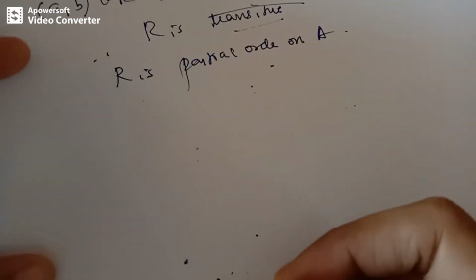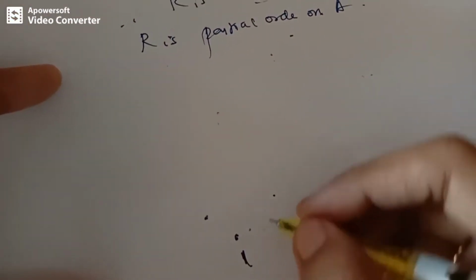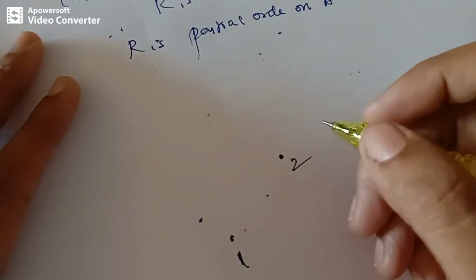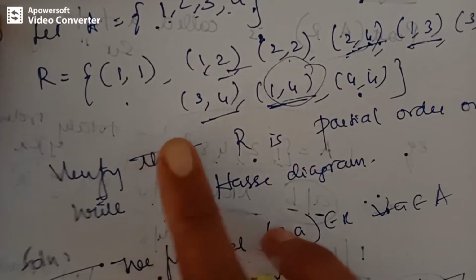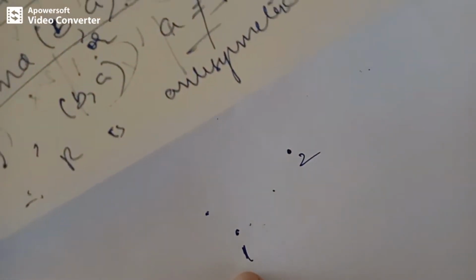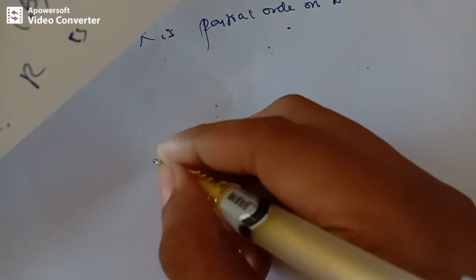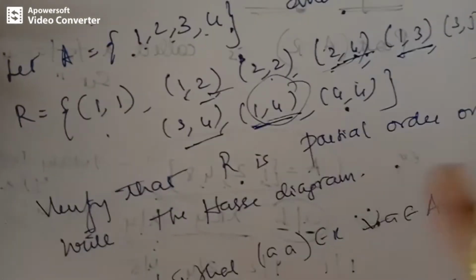Basically, we have 4 points. I will be representing the first point by vertex 1, in an upward fashion. So observe the relation, that is the ordered pairs. How can we draw the Hasse diagram? Just observe the pairs. You have 1, 1. So we need not have any loops as per the conventions in the Hasse diagram. Again, we do not have self loops. Okay, so I can write the vertices 3 and 4 over here. So let's see how we can represent them.